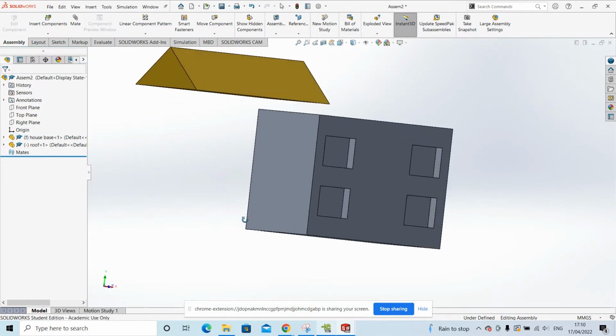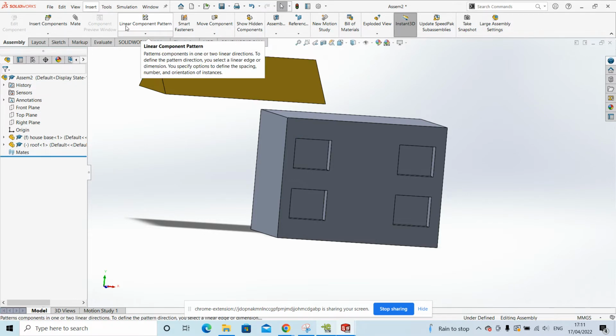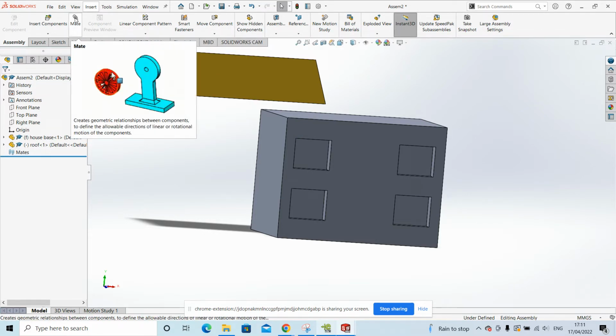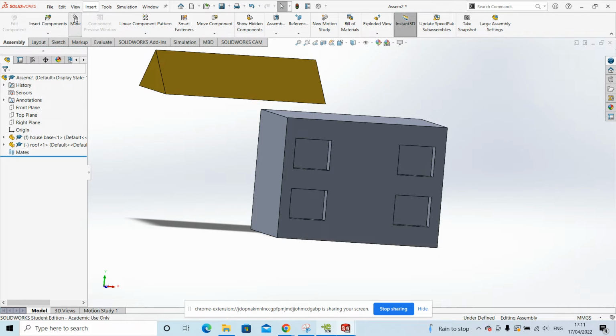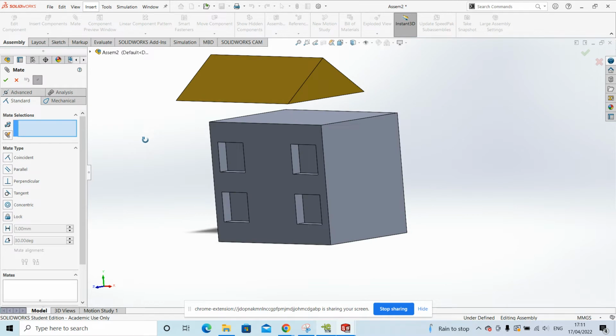Okay, so the very first thing that I do is I draw the attention of the participants up to the assembly tab, and I allow them to first read and analyze what are the features present here and what do they believe would help us join these parts together. And we try to edge them over to the mate tool. So the very first thing that I'd like to highlight about the mate tool is that it isn't a one mate. There's multiple lines and multiple sections that have to be mated together